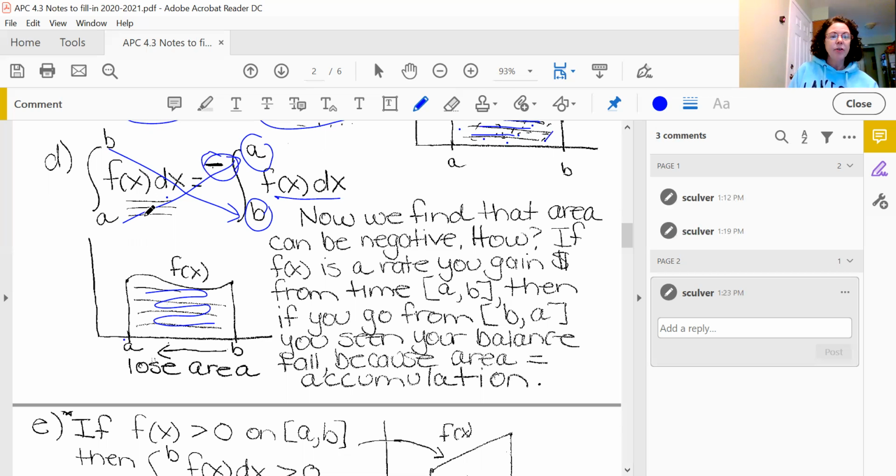So again, if you switch the upper and lower limits, it will switch the sign of the integral or the area. And here's why. Now we find that area can be negative. How? If f of x is a rate at which you gain money, notice if x is time, this function outputs a positive value, a positive rate at which you're gaining money over A to B. Then if you go from B to A, say A is now